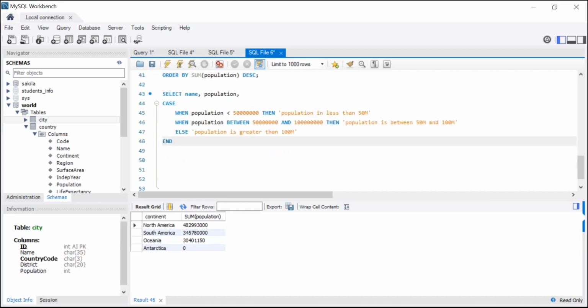So we write end as population, for example, category, and we add the table. So we have said from country table. Okay, so here we select the first column, the second column, the third column will be as a case statement. It will be named population category and it will depend on conditions. So if population is less than 50 million, population between 50 and 100, else we have this string that will be displayed. Okay, now if we execute that,